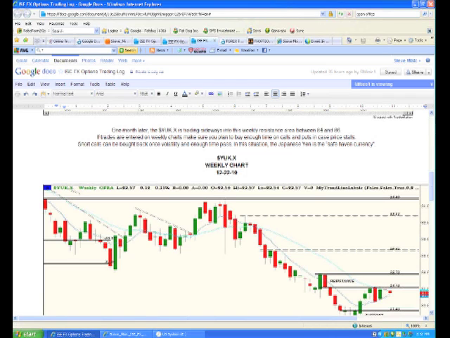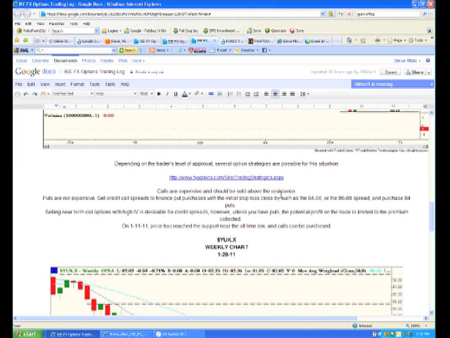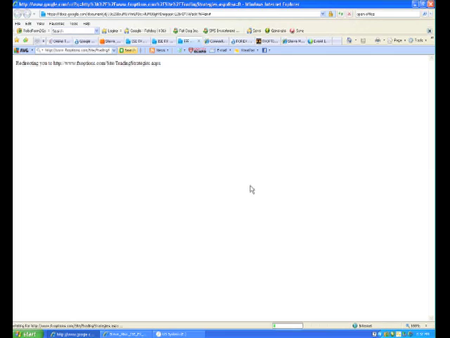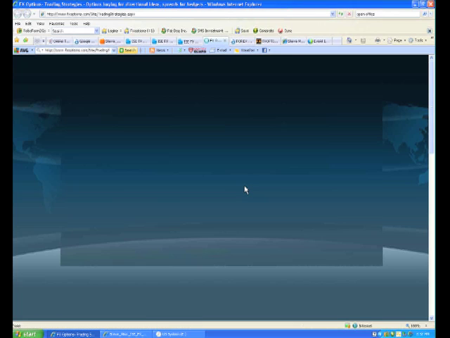So as I'm going down here, I see that depending on my level of trader approval, I have several option strategies that I can go for with this situation. And so I have a link to the FX Options website where the trading strategies are listed. Once I get to this page, as I'm trying to work myself through what I'm going to do, I'm going to look at this page to see which are the best